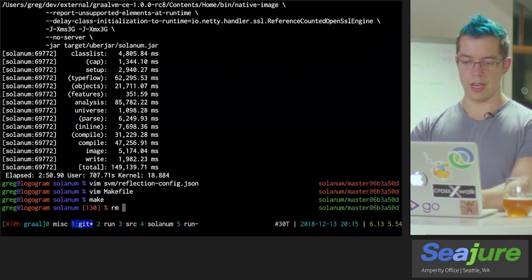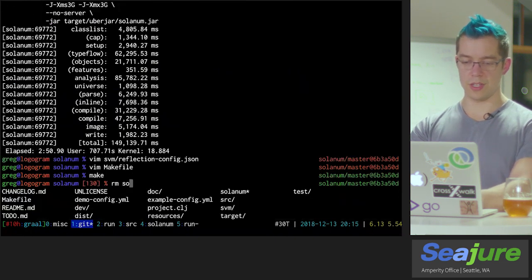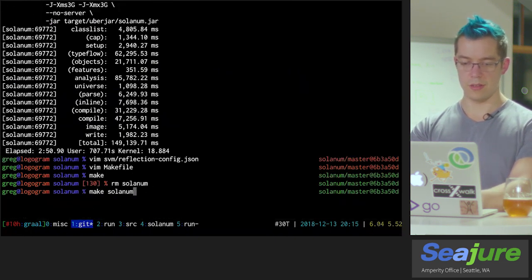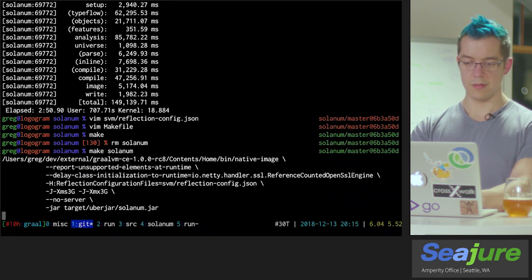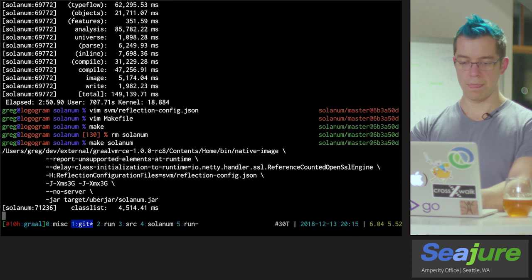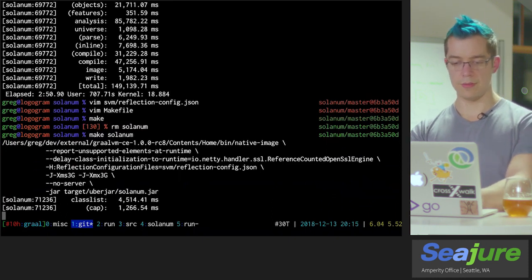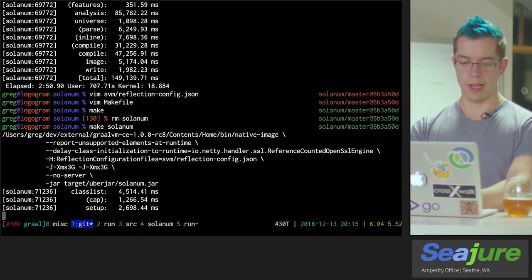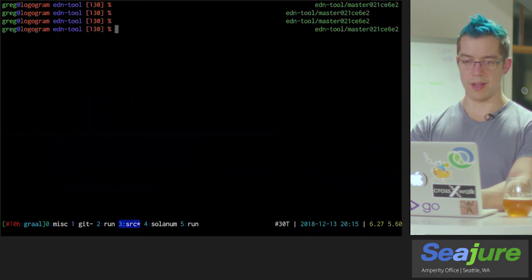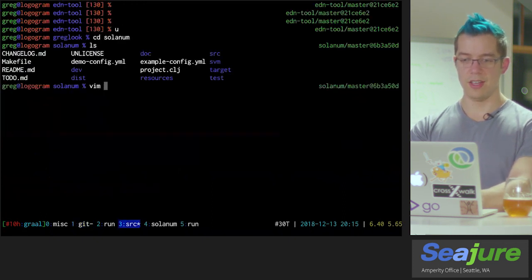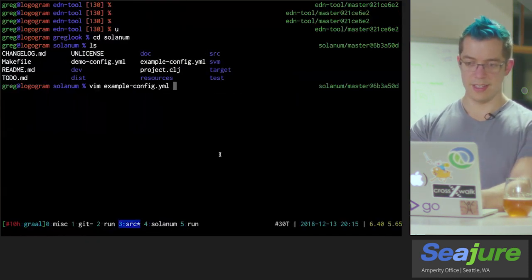Oops. This time we don't need to rebuild the Uber jar because none of the code there has changed. So while that runs, I'll talk about the one more restriction that I did run into, which is that if you look in the example config here,